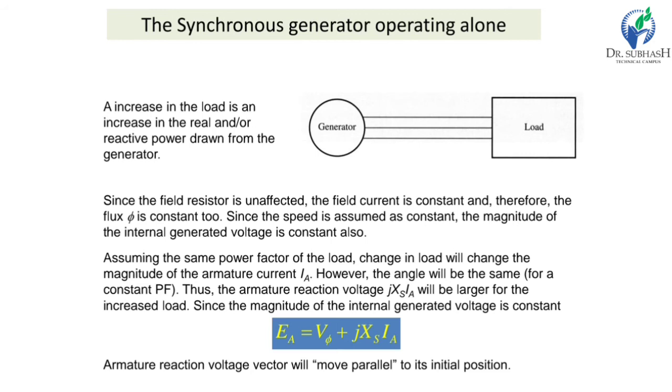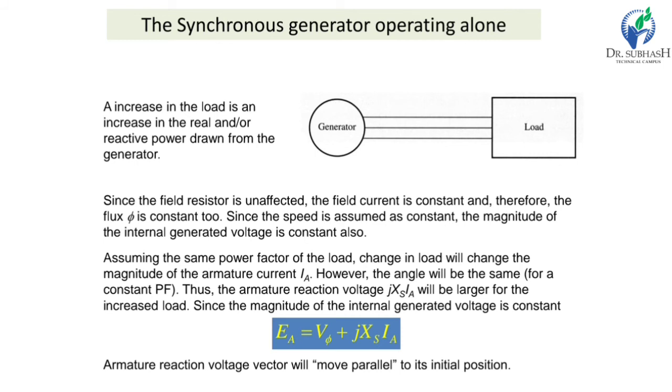As the internal generated voltage is constant, if we vary the load on the generator, we can see the effect of that variation. We will draw the different load phasor diagrams and discuss them in the next slide. To study the effect of load variation, we connect three different loads: inductive, capacitive and resistive. Then we see the result by phasor diagram.